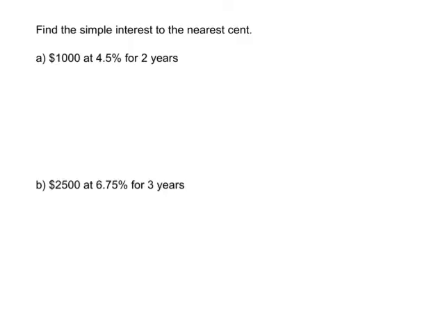So we're going to find the simple interest to the nearest cent. So on the top of my paper, I'm just going to write that I equals PRT, just as a little reminder for when I go to solve these. So when I remember this, I'm going to find the interest. So I know that I'm going to be searching for I. And that is equal to, and I'm just going to write that in a different color just so that we can see it better. So I equals, so the principal, so we have $1,000